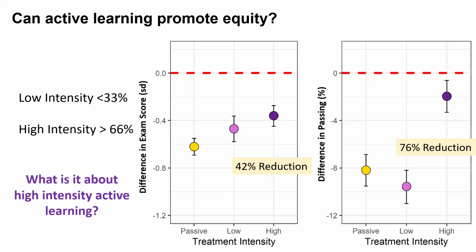Are these all in-person classes or are they online? Good question. Most of them were in person. There were a couple where the active learning was partially online, like moving from a low structure in-person class to a higher structure, partially online class. Students may interact with some of the content online, but then come to class and do something like that. There were a couple of studies in this sample like that.